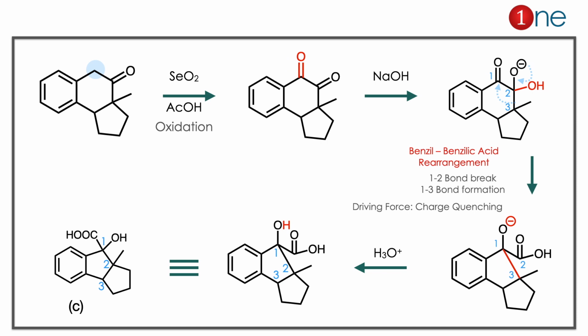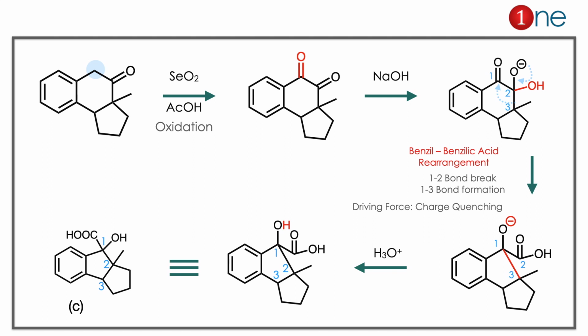In the starting material you have a ketone, which has an active alpha hydrogen. If you use selenium dioxide, oxidation will happen. The oxidation leads to the diketone there. So a diketone ring is formed. A diketone is normally unstable. It can be triggered by the base. So with diketone and base, you might think of benzilic acid rearrangement. It's a kind of rearrangement.